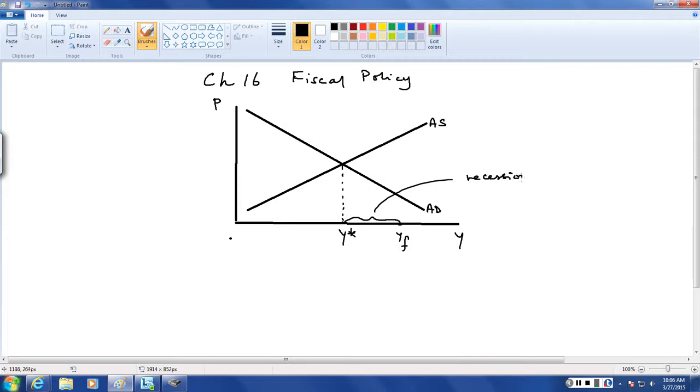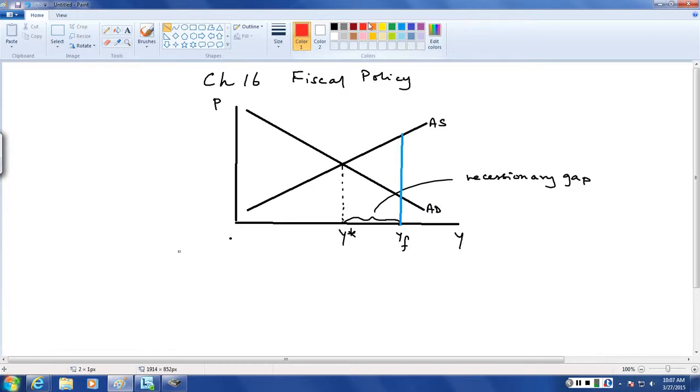recessionary gap, and this is a gap that needs to be narrowed. How is fiscal policy going to accomplish this? Well, fiscal policy will aim to shift the aggregate demand rightwards. Do you follow me? Because once the aggregate demand curve is made to shift rightwards, and if it were made to shift rightwards all the way